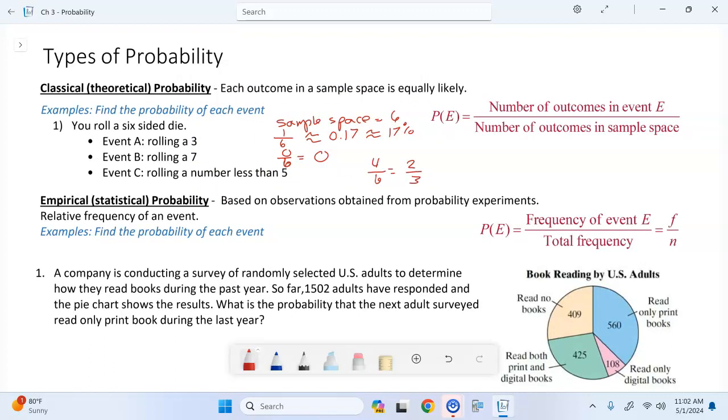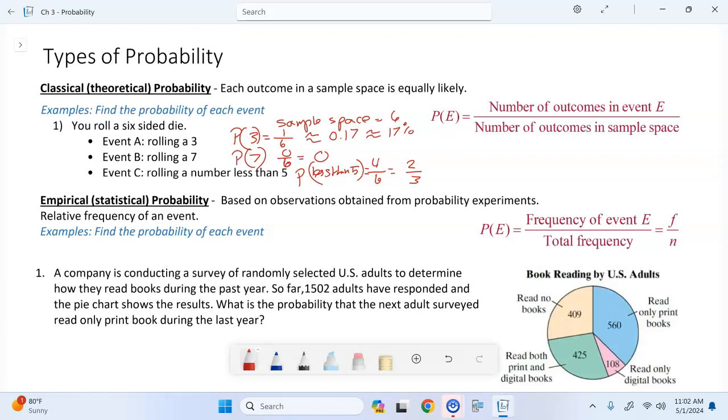A lot of times you'll see the probability of my event, the probability of rolling a 3, the probability of rolling a 7, the probability of getting less than 5. Okay? You'll see that notation where it's P and then E is the event, whatever it is that we're looking